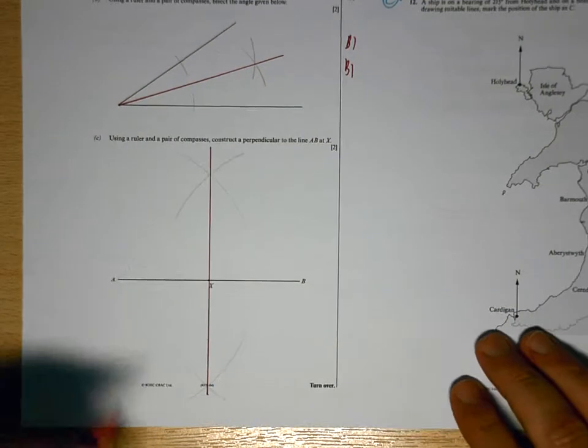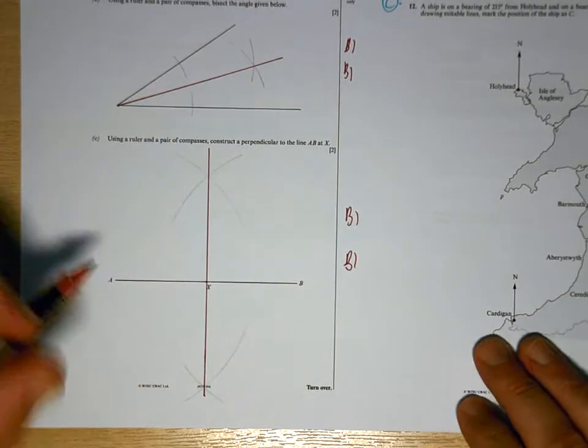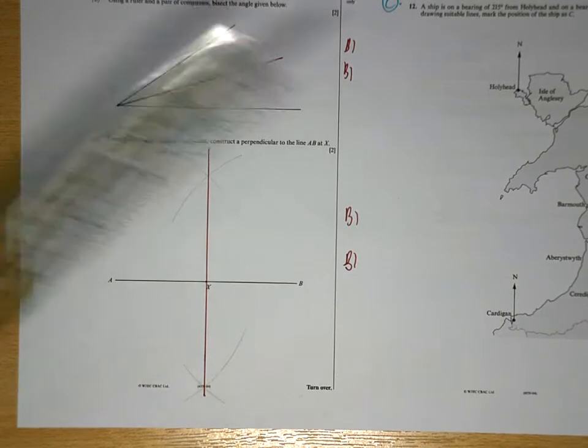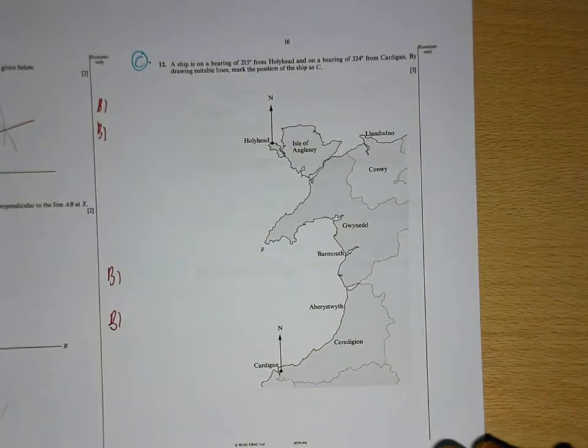That's a perpendicular bisector. Again, you'll get a mark for the compass, 1 for the line, but without the compass work, you won't get any marks. Okay, so I'll stop there and then we'll come back and do the last